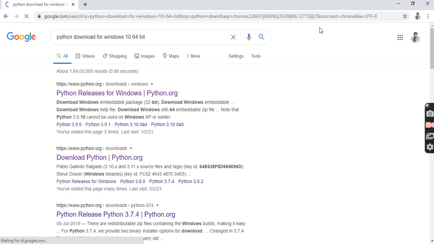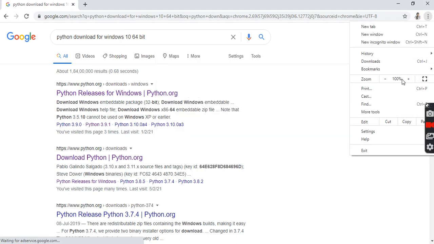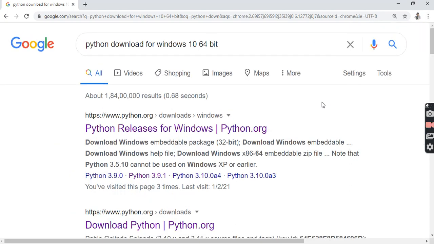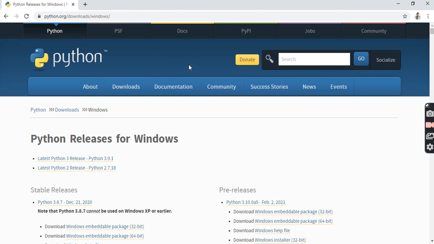All of these things depend on what type of Windows and what type of machine you are having. These are all your choices. You can have a choice of your own. Now I would go to the very first website, that is www.python.org. I would click on this very first website, and it redirects to a page that looks like this, right?